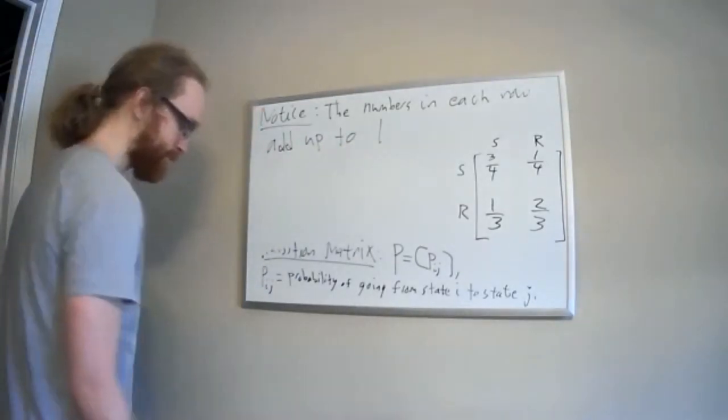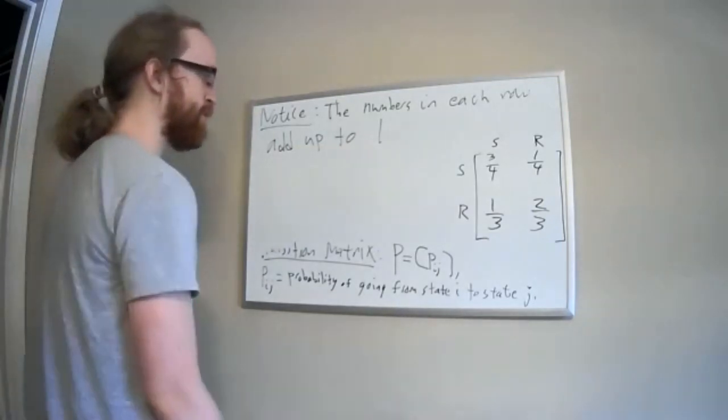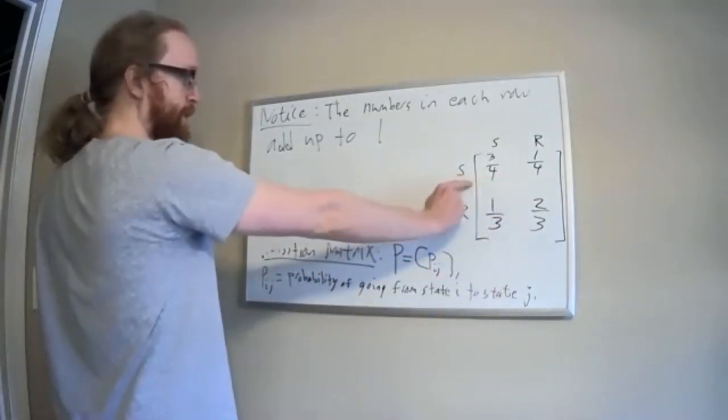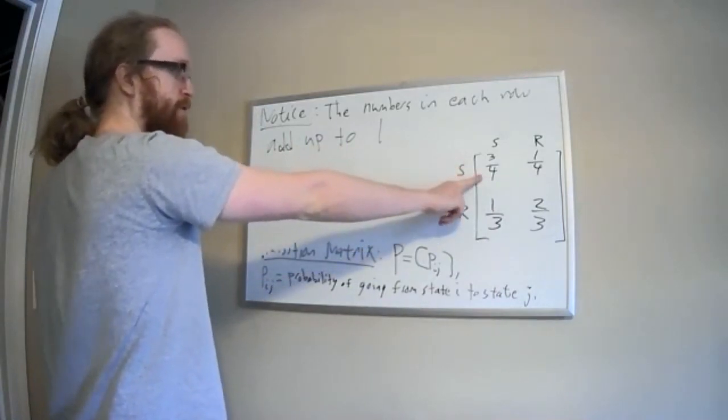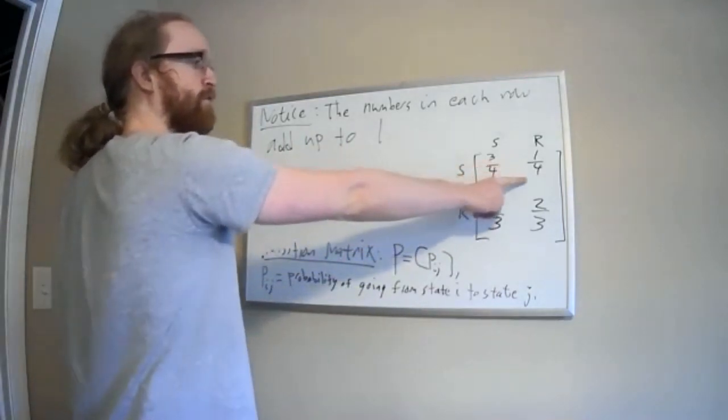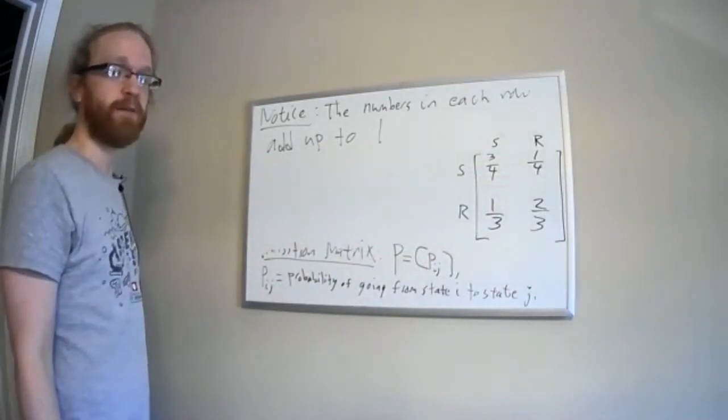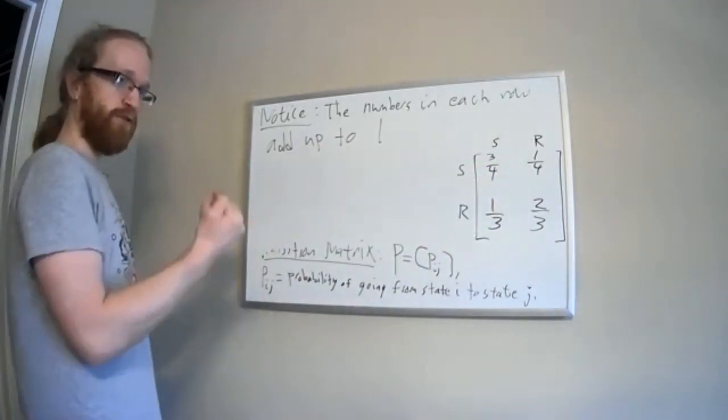Because somehow they're representing probabilities. If you think about it, if I already know that I'm starting sunny, then the only possibilities are that the next day it's sunny or the next day it's rainy. Those are the only two possibilities I'm allowing. Since those are the only two possibilities